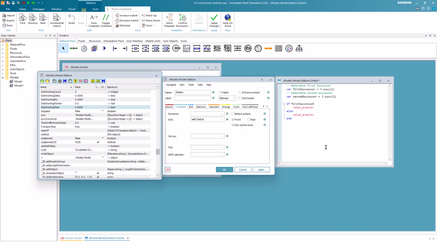If the working time of the first station is less than or equal to the second one, we move the part to the first successor. In the else branch, we move it to the second one.